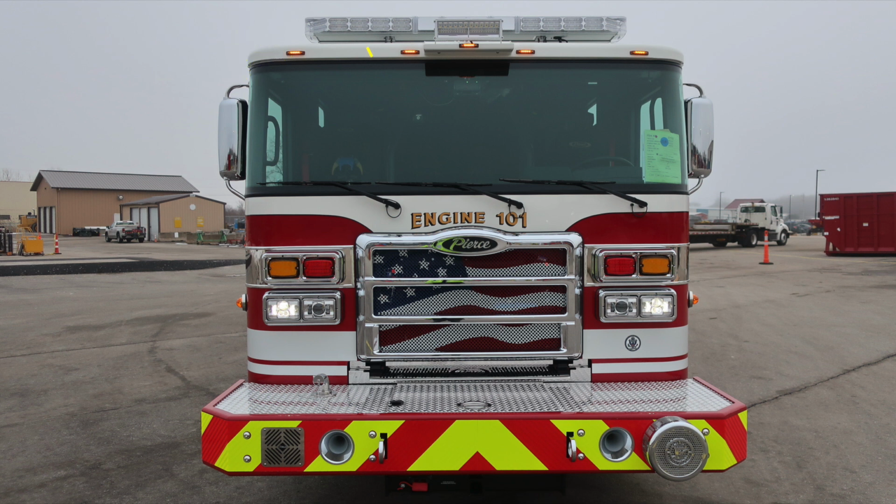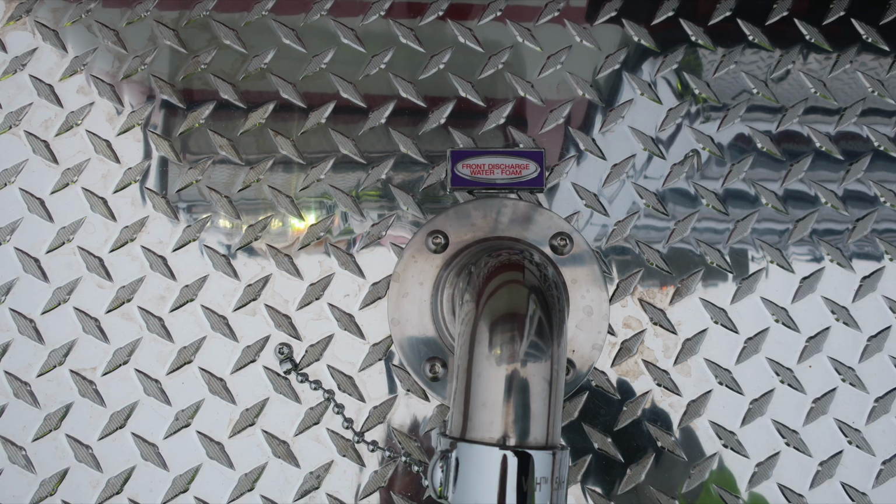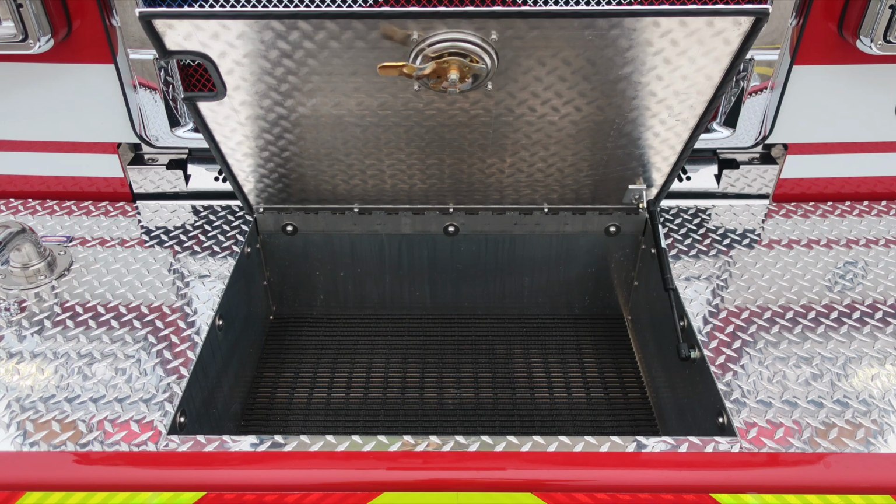As we move up onto the roof, this is where you'll find your light bar, and also located within the center of the light bar, your Opticom. Let's go ahead and take a look at some images here of the front bumper extension. First, starting with the side view, where you'll find a side-facing emergency warning light on the side of the front bumper, swivel discharge, foam capable, and then as we look inside the storage location, you'll find dry deck material in